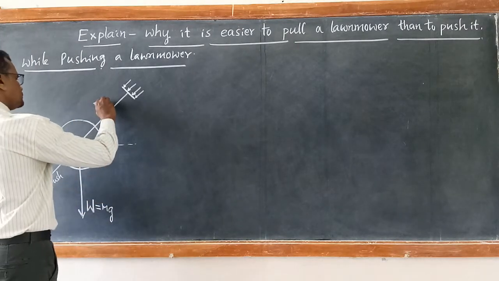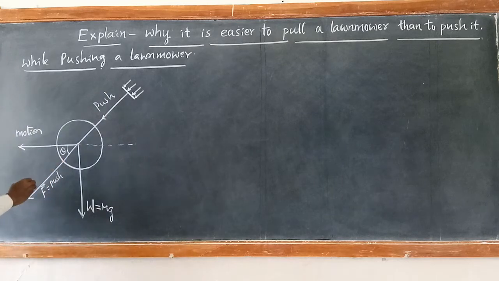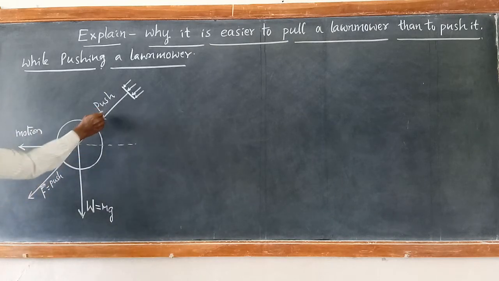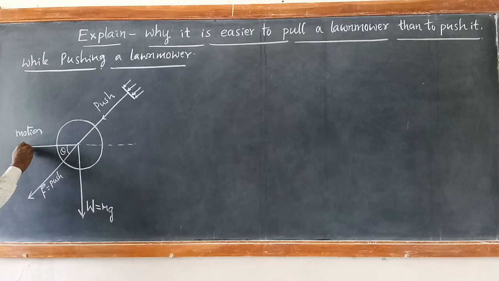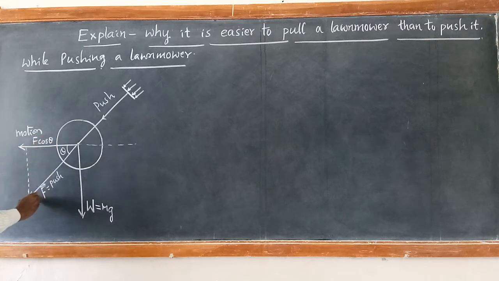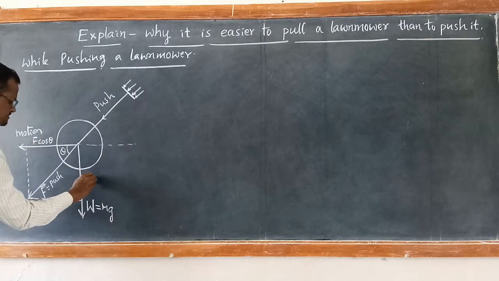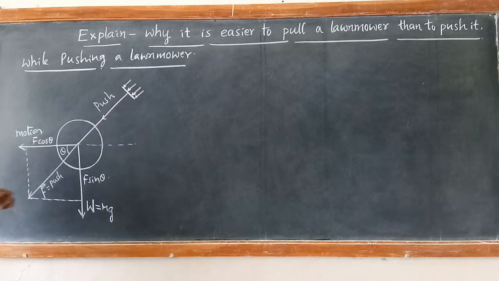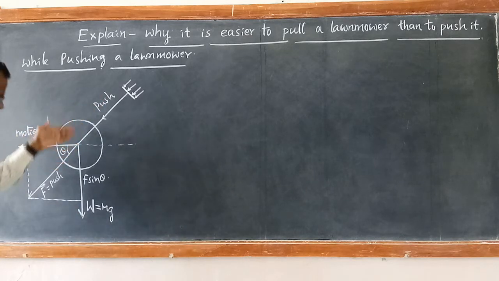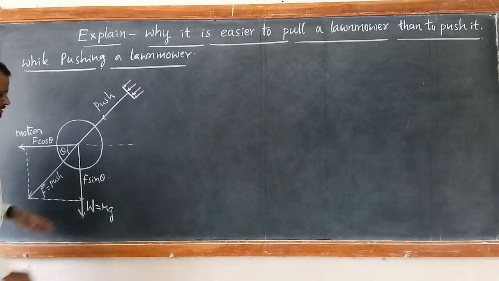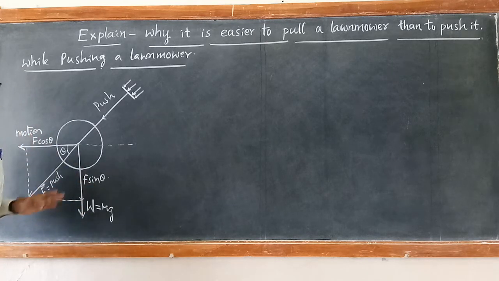So this is the push. Then what happens? Draw the components of this vector F. When you draw the components of vector F, this becomes F cos theta and this becomes F sin theta. So look at the diagram now. Weight is acting vertically downwards and the normal component of your push is also acting vertically downwards, right? So the net weight now becomes W plus F sin theta. As a result, what happens? The pushing becomes heavier.